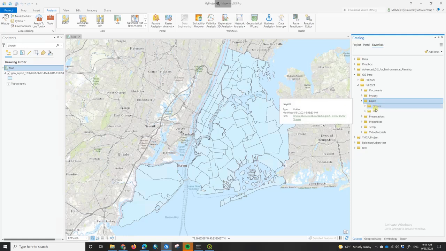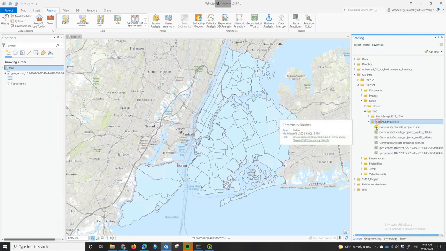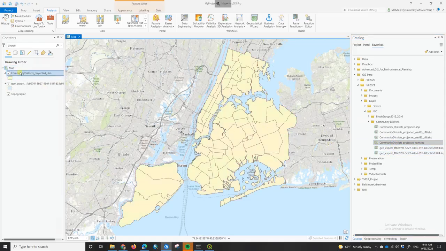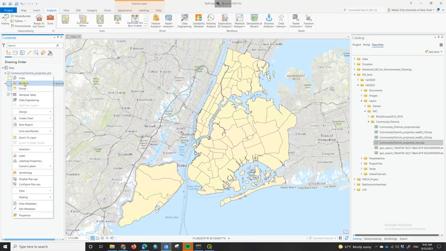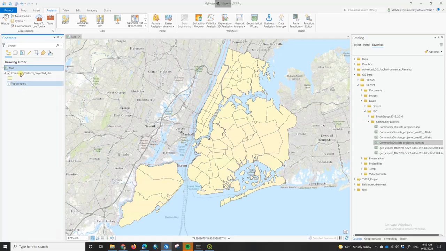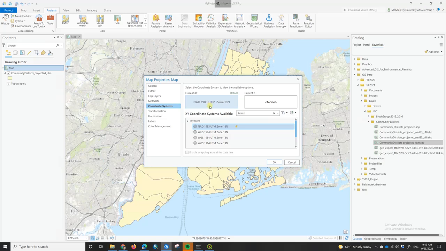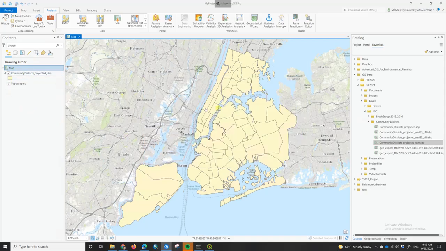Let's go to our layers, NYC, community districts, and you can see that the one that I generated is this one. Now I have so many of them because I recorded all these videos, but this layer has the projection system and you can start using this in your map. Now you don't need this one anymore. Remove that from your map. Make sure that your map always has a good projection system, and it doesn't need to match the layer, but